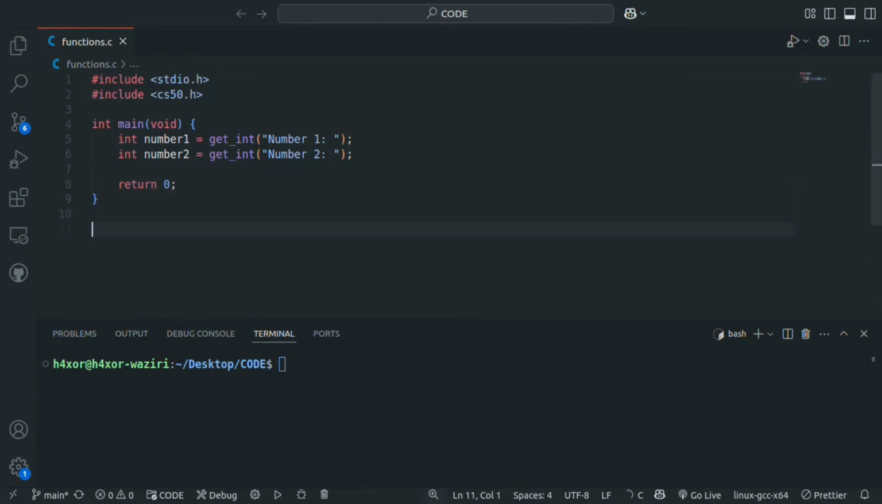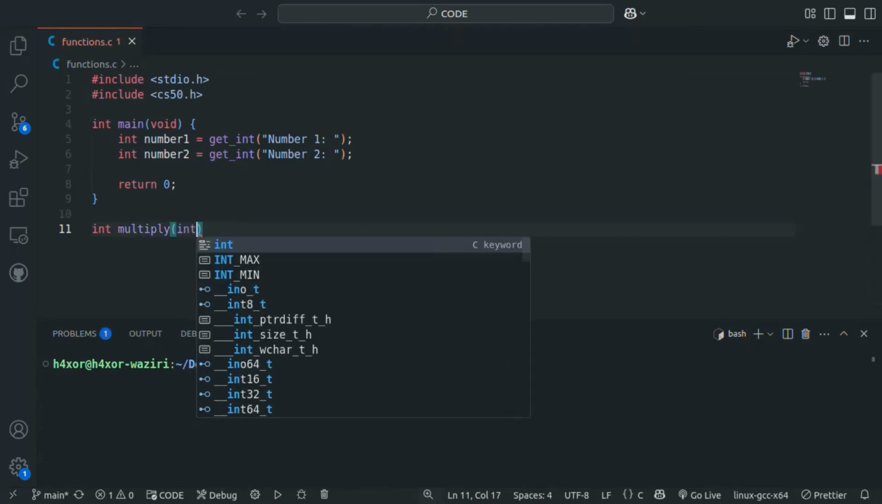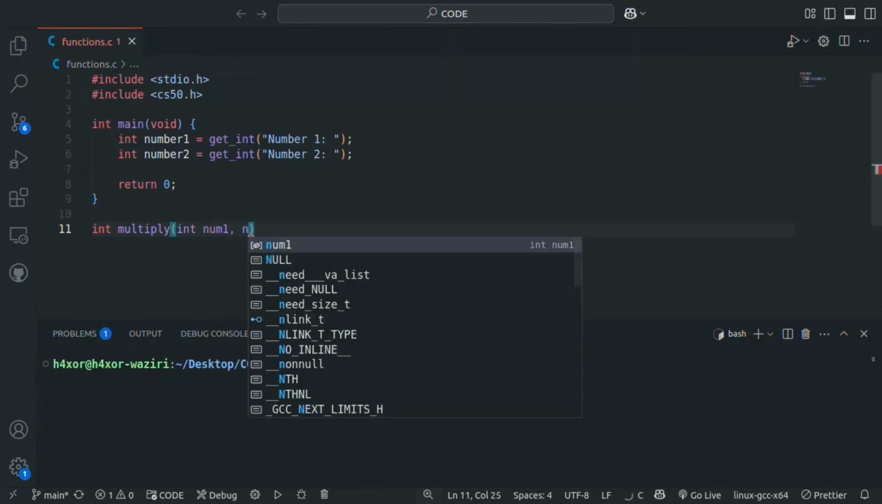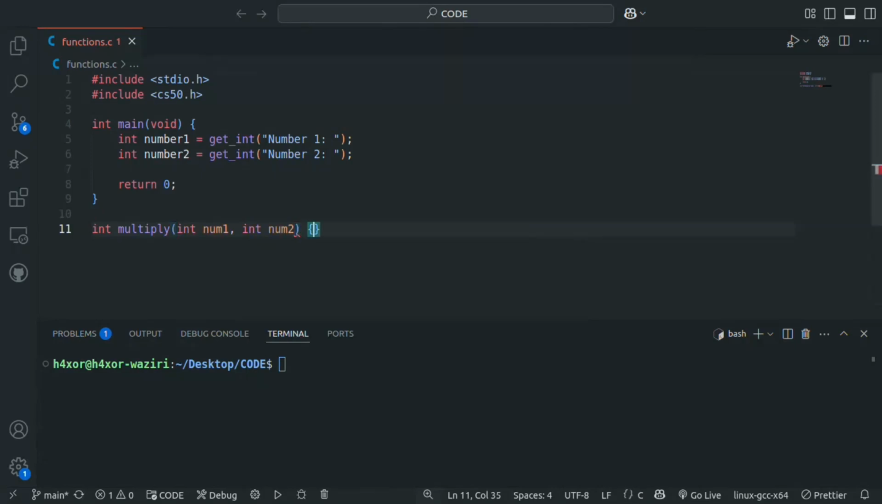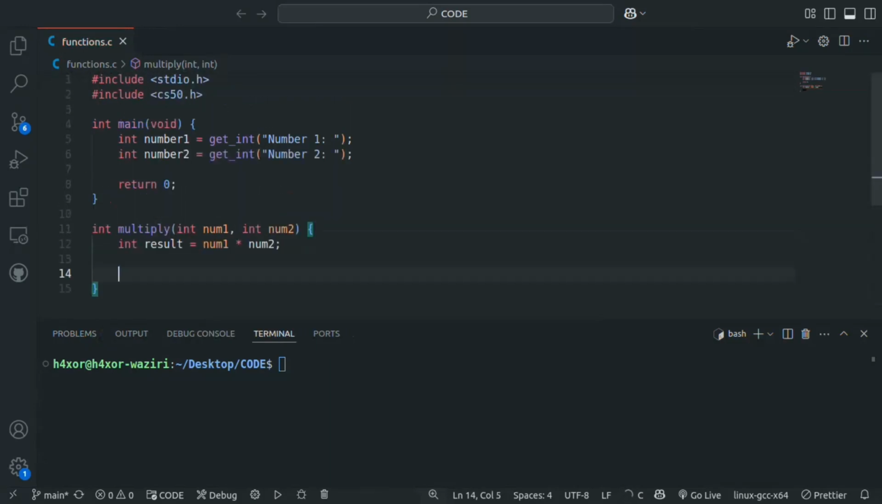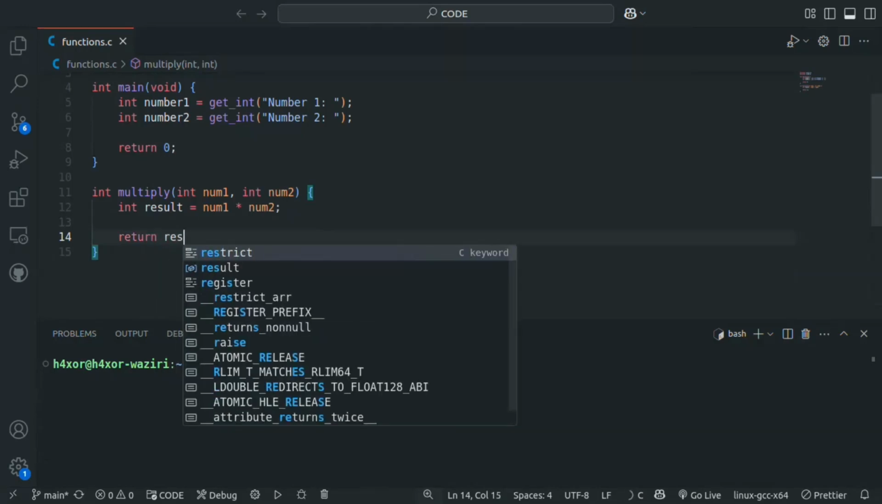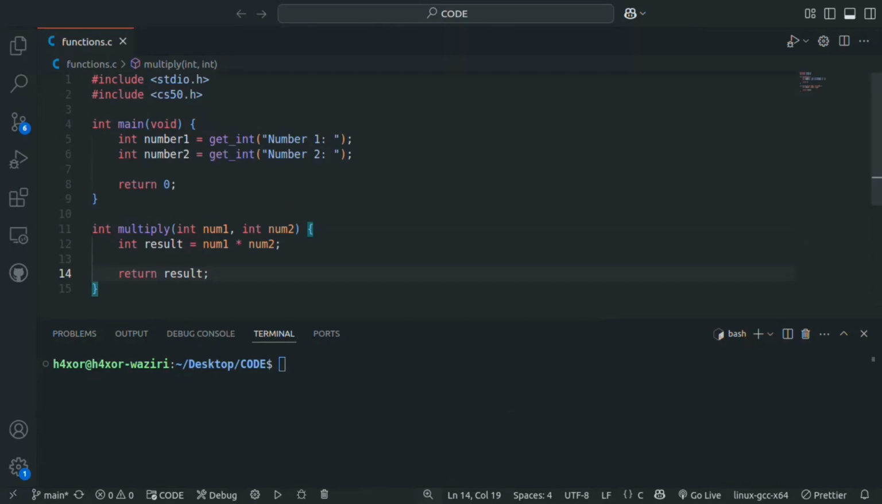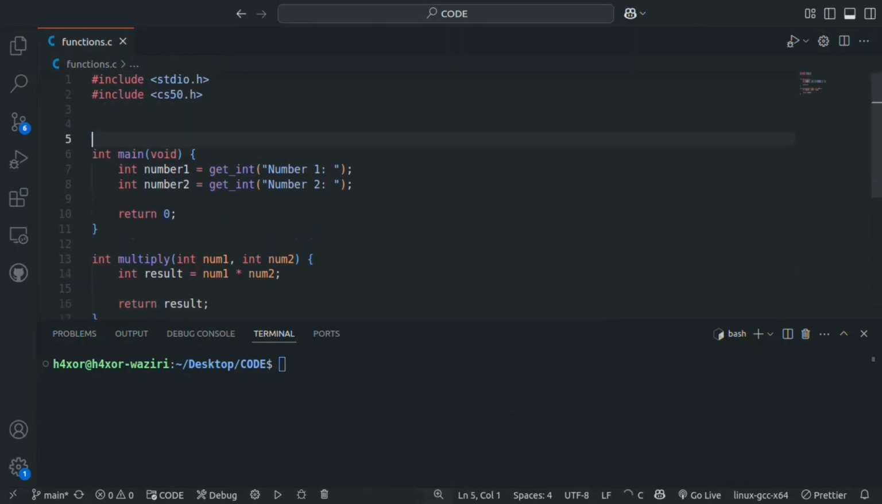Now I will define a new function, int multiply(int num1, int num2), then inside curly braces, int result = num1 * num2; then return result; Now at the top I should declare the prototype just beneath the header files, int multiply(int num1, int num2);